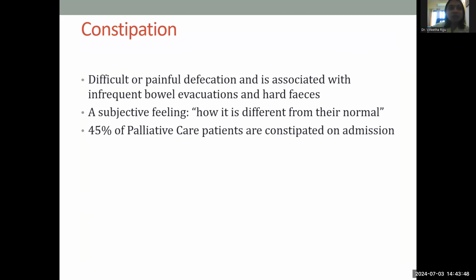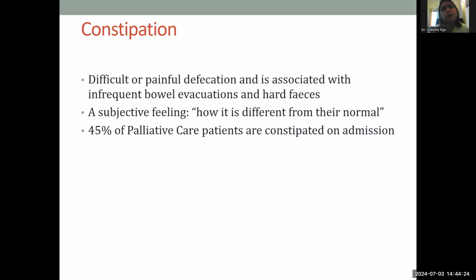In my department, where I see mostly cancer patients, almost 90% of them are having issues of constipation, unless you intervene with laxatives, because the cancer treatment per se does cause a lot of constipation. Most of the drugs, not all, but most of the drugs can cause constipation. Right? So what are the symptoms that a patient can present to you with constipation?